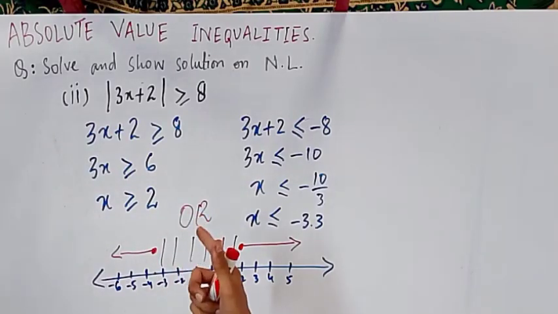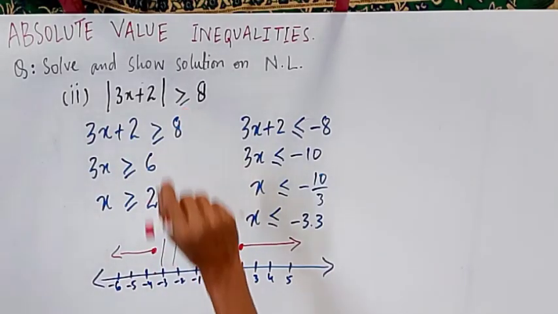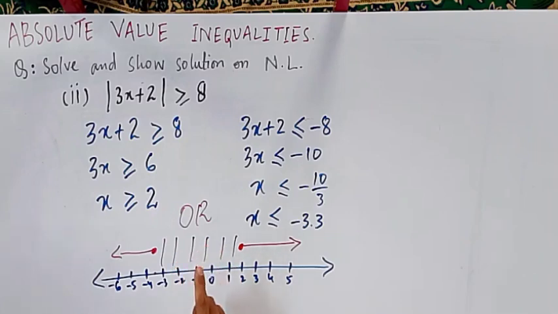But in the previous question, when it was less than, it was not the case. So that's why in the less than inequalities of absolute value, we will use the word AND, and in the greater than inequalities, we will use the word OR. So this is a very important concept for MCQs purpose. So you need to remember it. Okay, let's see one more example.